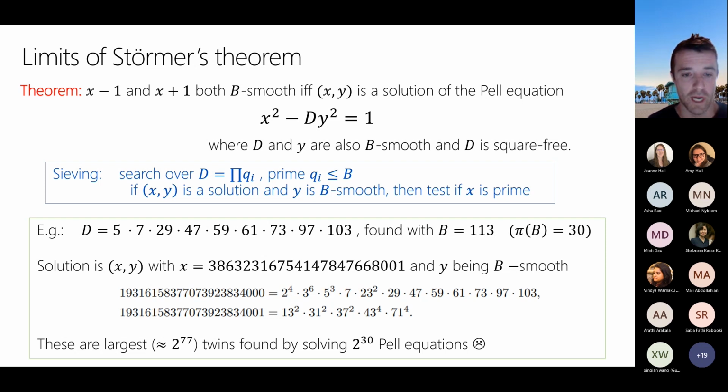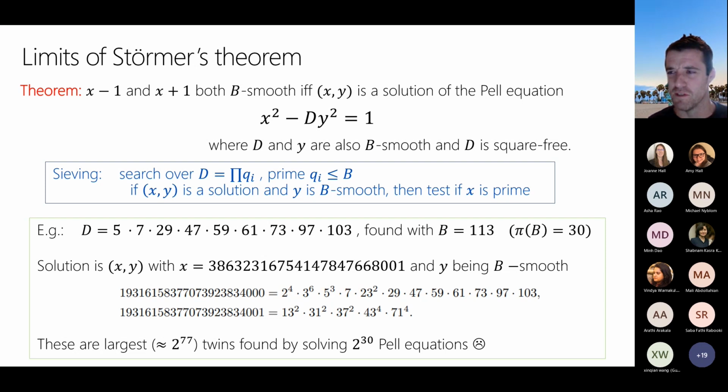Okay, so I've got a question from Joanne. How old is Stormer's theorem, and how old is the concept of smoothness? Stormer's theorem, I believe, is over a century old, so it's like the early 1900s. It could even be older. The concept of smoothness goes way back. I don't know when things were dubbed smooth and rough, but yeah, looking for things that